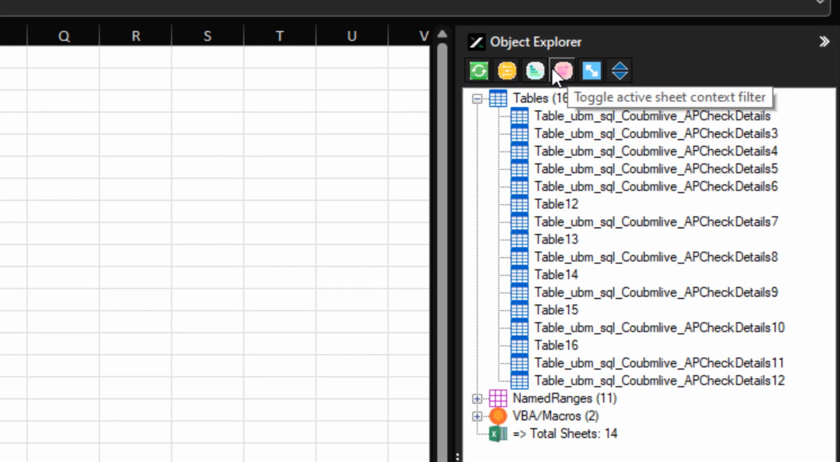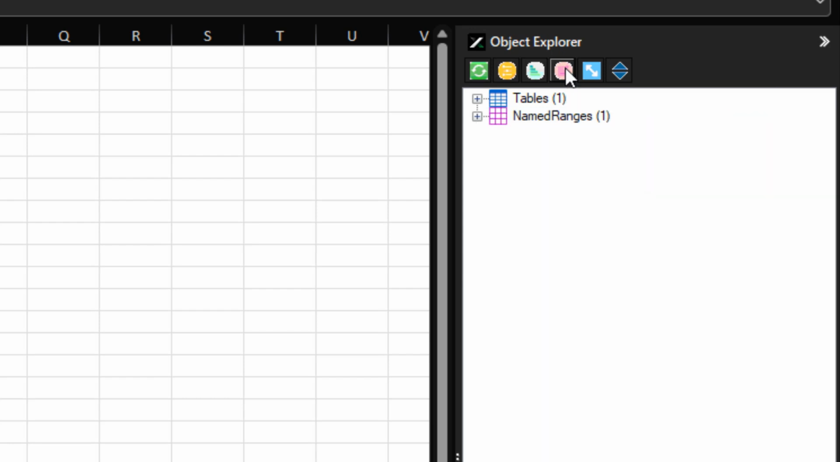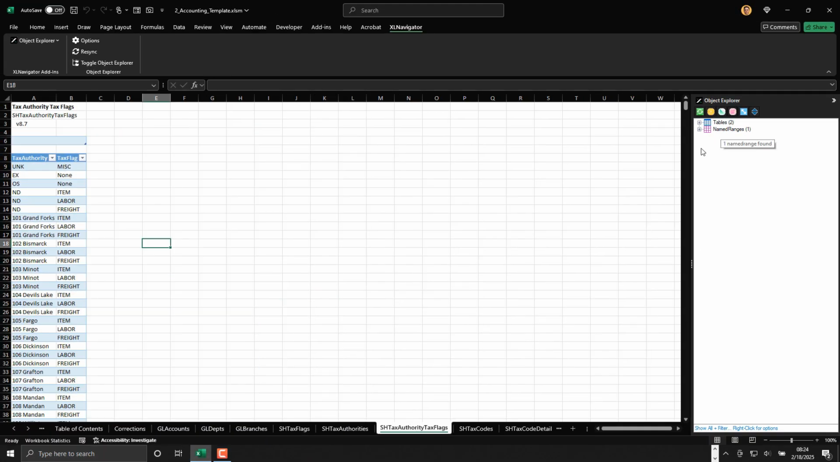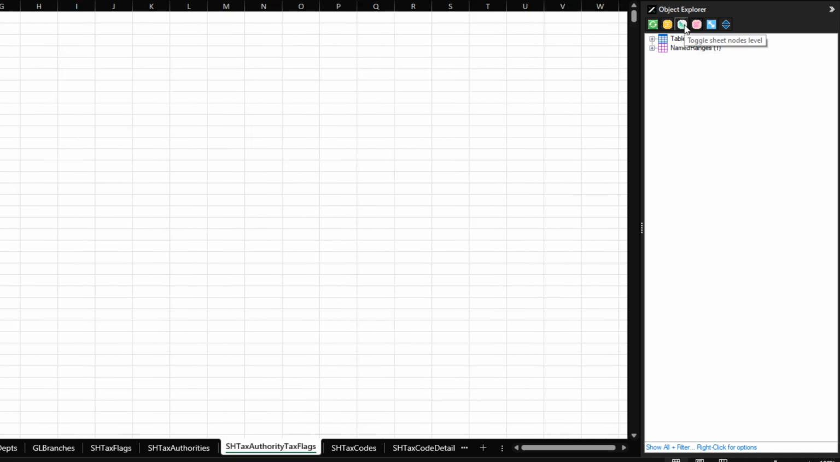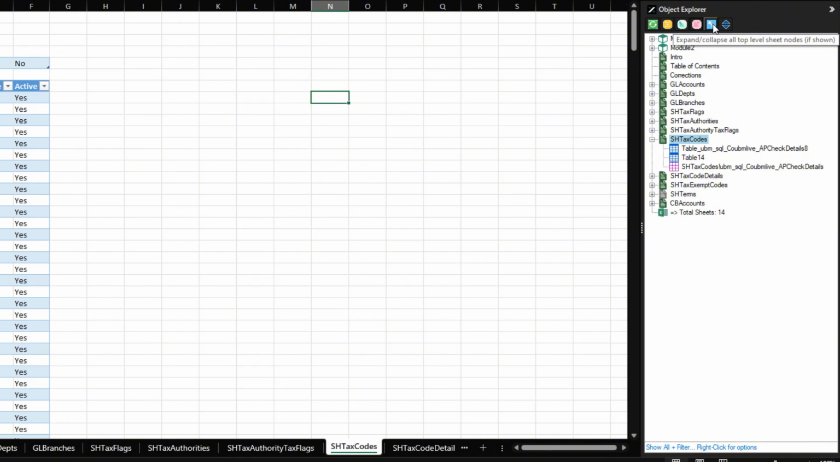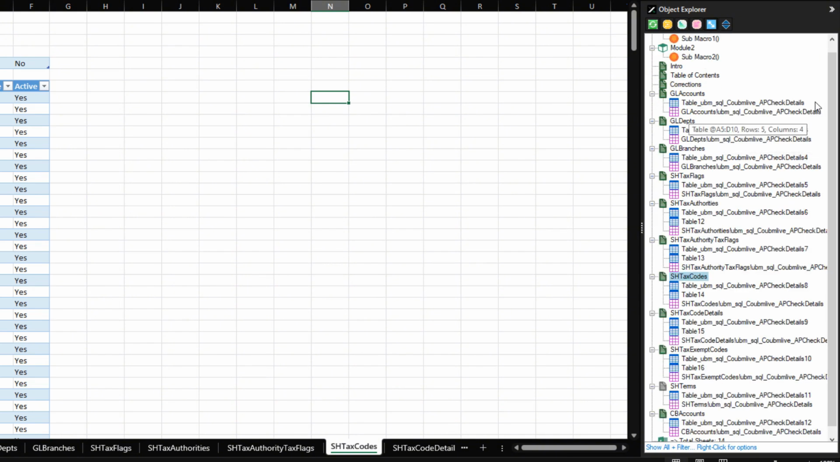Next is the Active Sheet Context filter. This feature allows you to see only the objects on the sheet you've selected. As you switch between sheets, it will update to show just the corresponding objects. You can also re-enable the sheet-level grouping for a clearer view. Additionally, you can expand everything to see the full scope of your workbook's contents or collapse it back to just